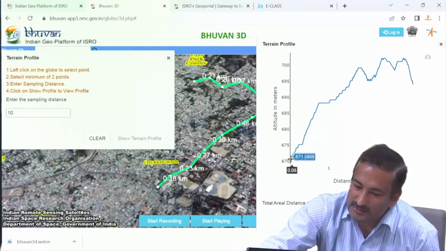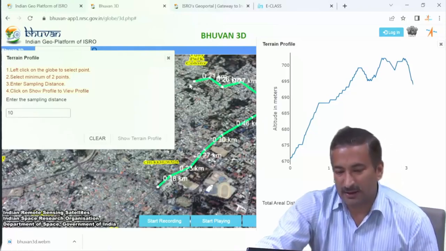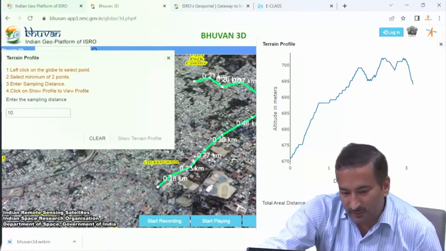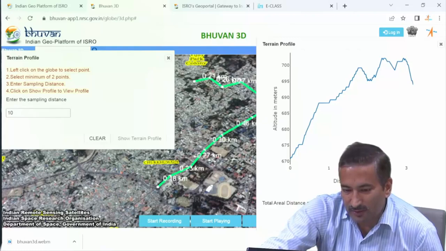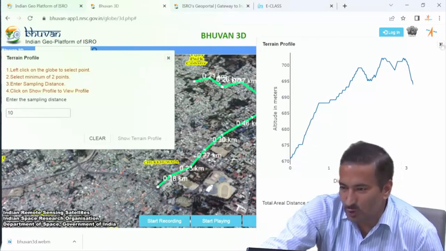It is at 670, 675, 700, it went up to this place 700, and then at the end again it came to around 693, so 690 meters. So first you keep on moving up, and then slowly we descended down and reached this IRS campus here.